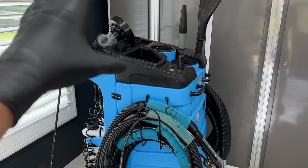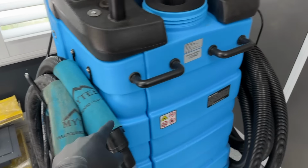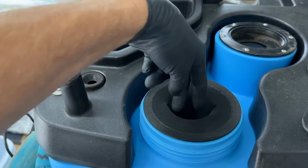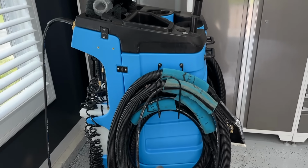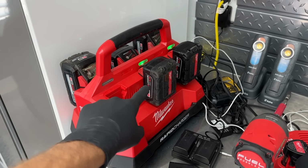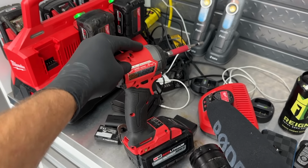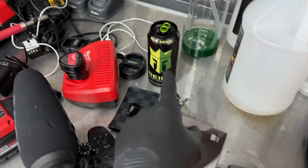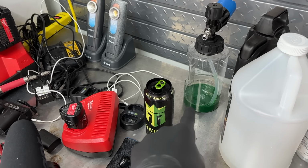Then the Beast, which is the mighty detailing workstation. This is an extractor and a vacuum all in one. This thing is what makes this clean. All my batteries, which I probably will only use one battery for the drill brush. I have my impact driver so I can take things apart, cameras, gloves, more tools, energy, testing, maybe coming soon,